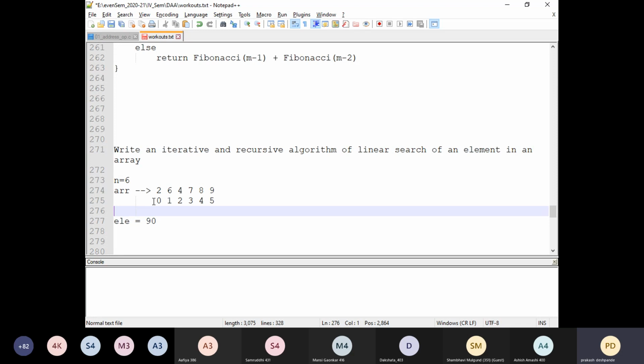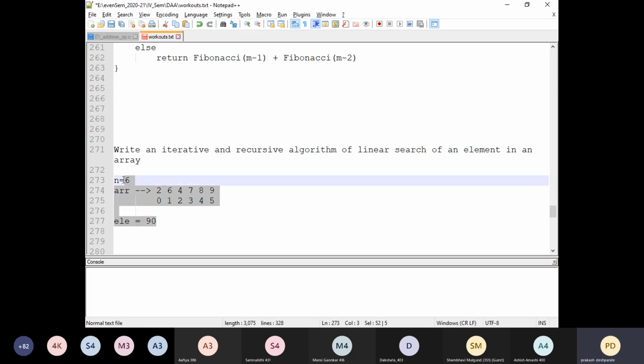Both will be called linear search only, because the linear search concept is that we need to search all the elements starting from one particular location. If we start from the beginning, then it will be index 0. If we start from the last index, that is 5, we keep on searching index 5, then index 4, index 3, 2, 1, and 0. In this fashion also we can search. Both are called linear search itself.